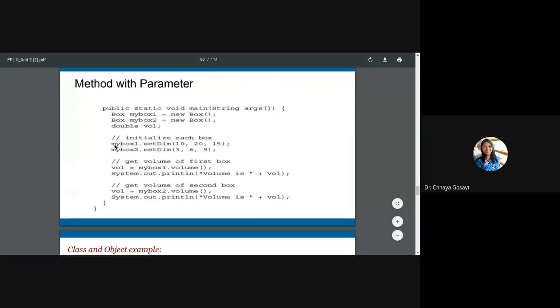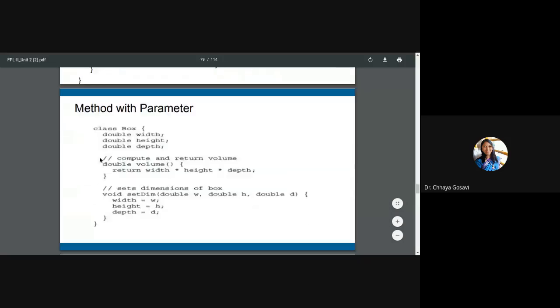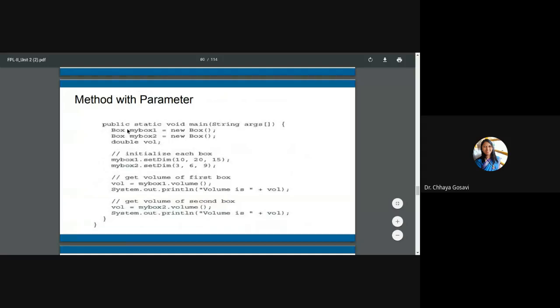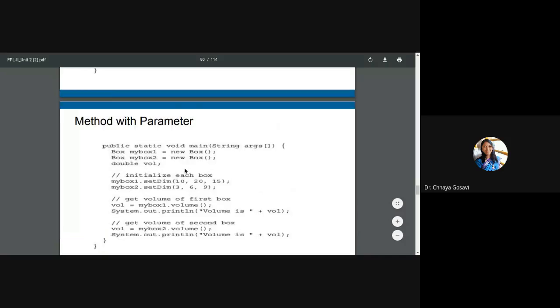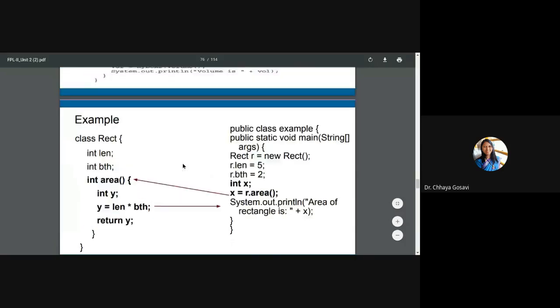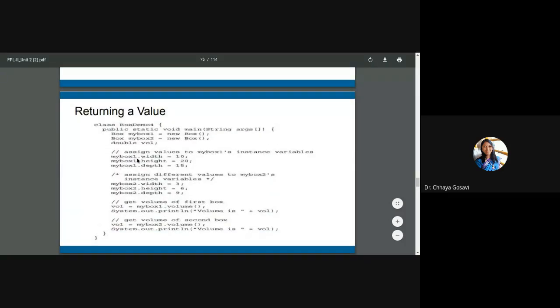So to use this box class, we need to create objects myBox1 and myBox2. Now here I am calling the method set dimension. In the previous example, we assigned these values in the main itself like this, myBox1 dot width, height and depth. So I have to repeat this twice because I am creating two objects.